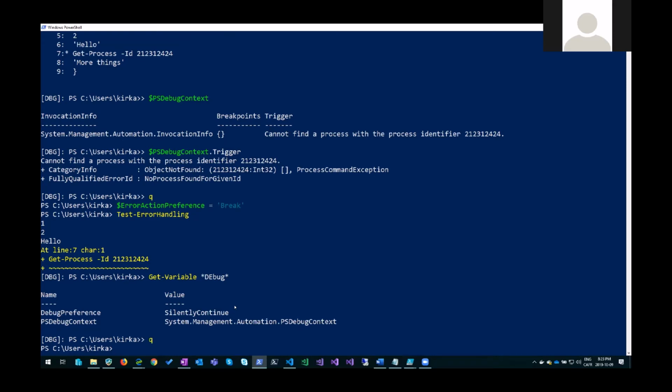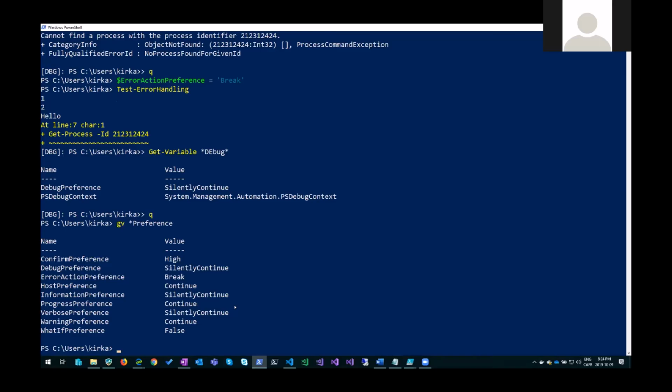Oh yeah, one more thing with error action break. We talked about it on Twitter, and some people already saw tweets about it being out there. It's actually not just error action break. In PowerShell, there are all sorts of different streams: errors, warnings, verbose messages, information, and progress. And with all of these streams, they all have preference variables. So I can do Get-Variable *preference,